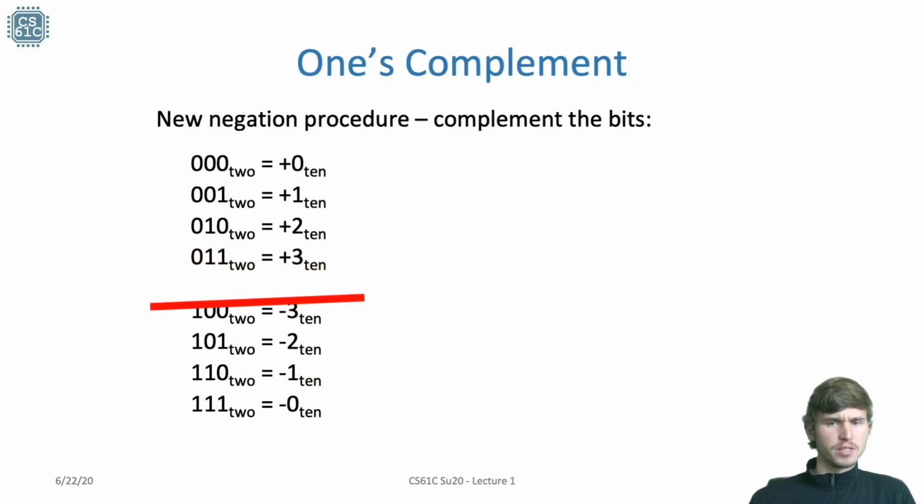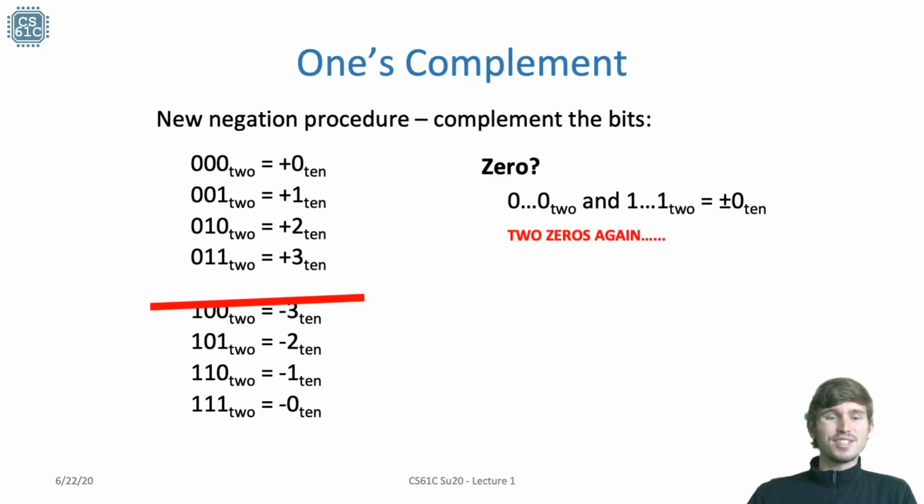So there's another representation we can use, and that's called 1's complement. The idea is that we'll generate negative numbers from the positive values by just flipping or complementing the bits. This means that we'll be turning a 0 into a 1 or a 1 into a 0. I have once again put on this slide the different values that we would get with 1's complement if I had just 3 bits to represent it. So now let's go through and see what are the largest possible values and zeros we actually have. So 0 in our case here is just all zeros or all 1s. Once again, we have 2 zeros, which we don't really like that much.